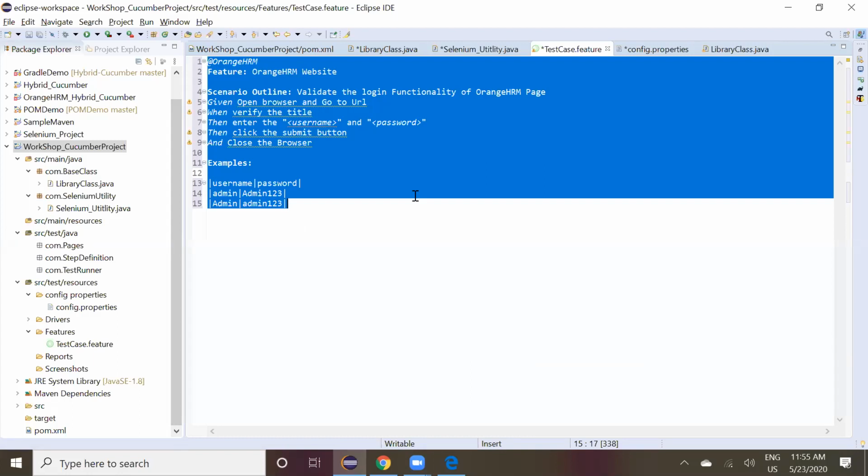We'll go to the pages. Do you want the pages to be done from the start, or we can copy from the last class? It's up to you guys. Copy from the last class, it's better. Okay, Satish, you copy from the last class.